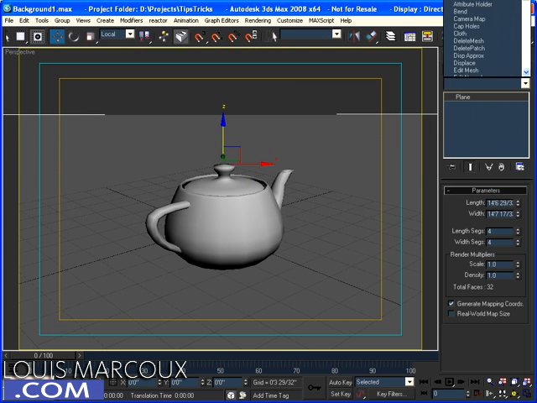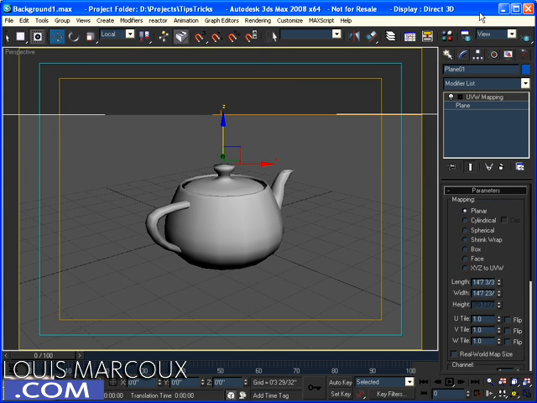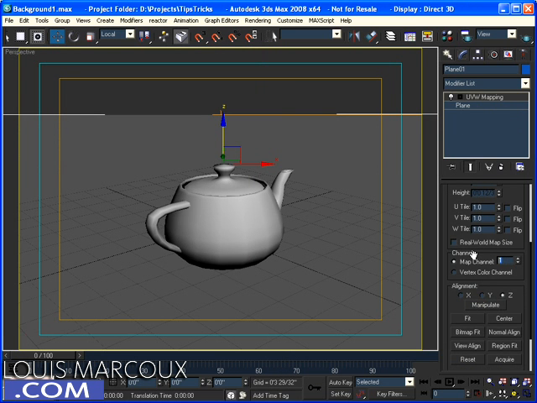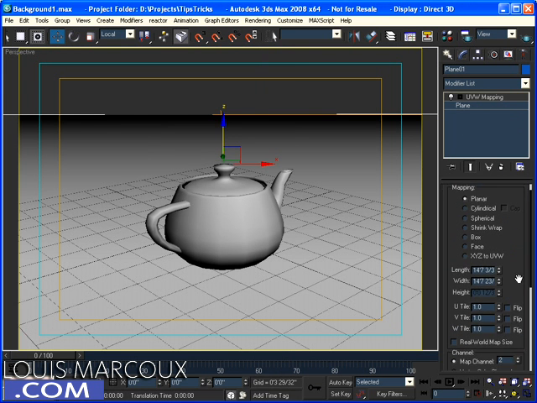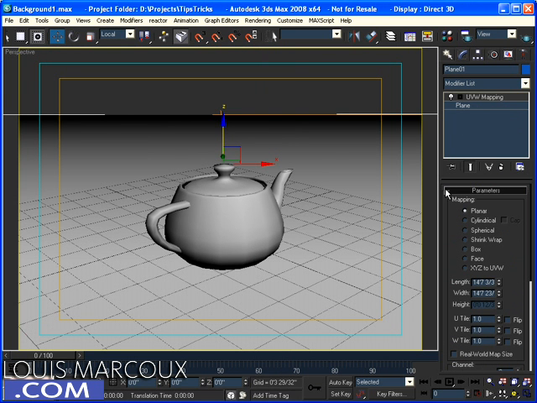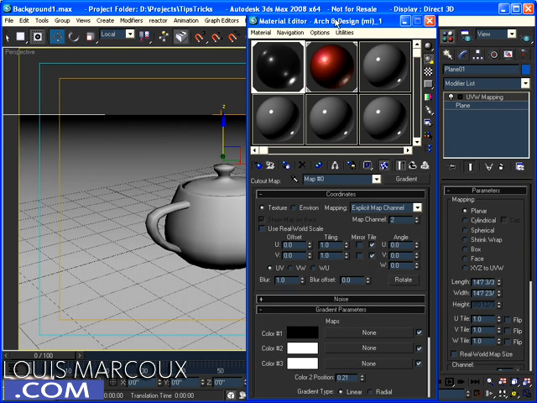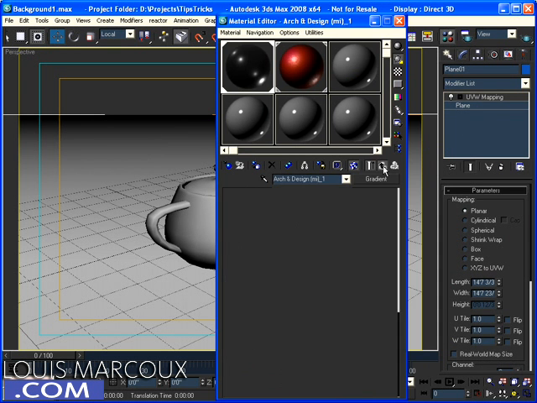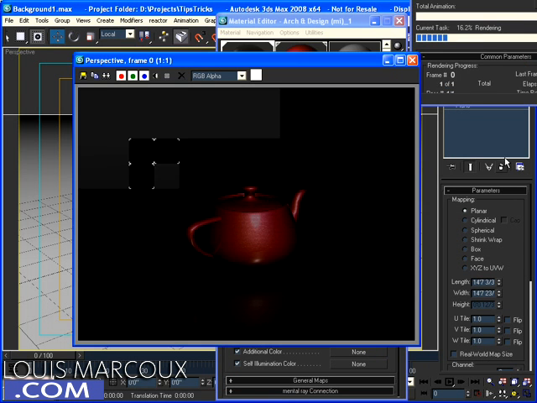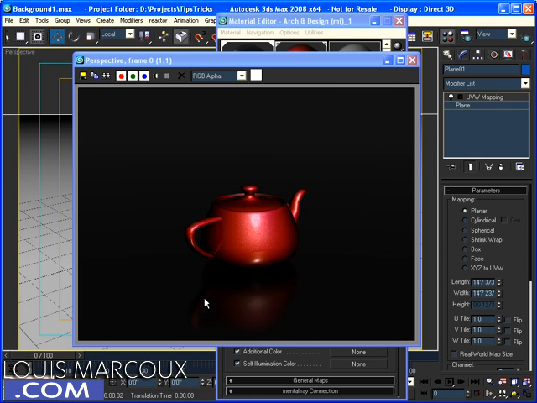So I'm going to add a UV map material, and I will make sure that we work on map channel 2. And map channel 2 now is just a regular planar map, just in case we've done a mapping for map channel 1. So if I go back to the material editor here, map channel 2 is good. We've got the cutout. So if I render this now, you see that we still get the reflection, but as it fades out here,